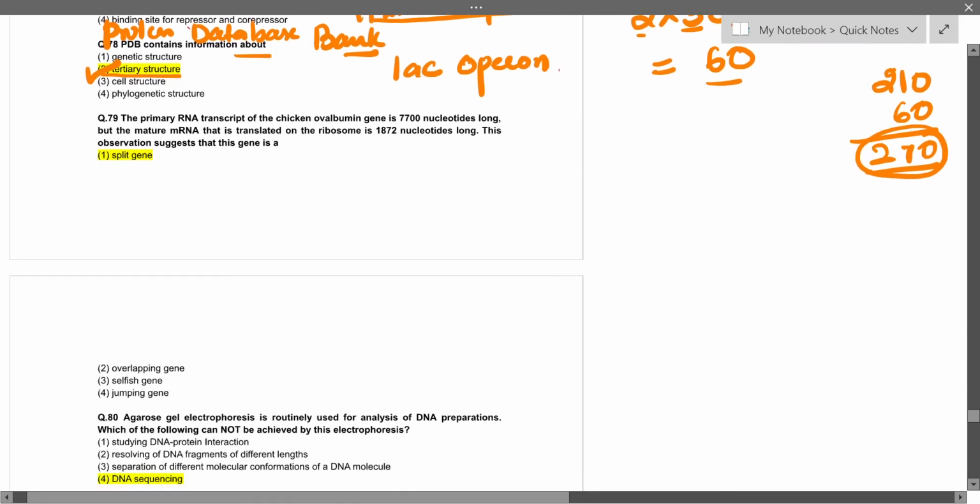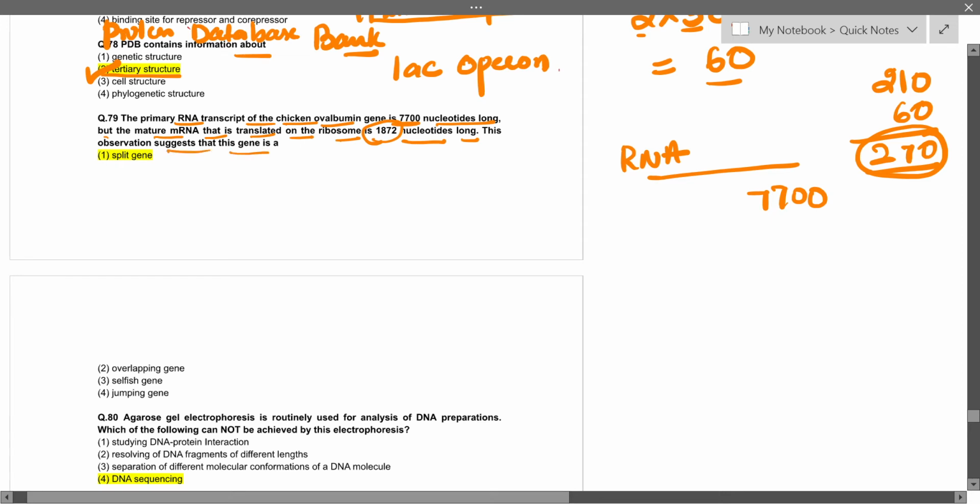The primary RNA transcript of the chicken ovalbumin gene is 7700 nucleotides long. But the mature mRNA that is translated on the ribosome is 1872 nucleotides long. This observation suggests that the gene is